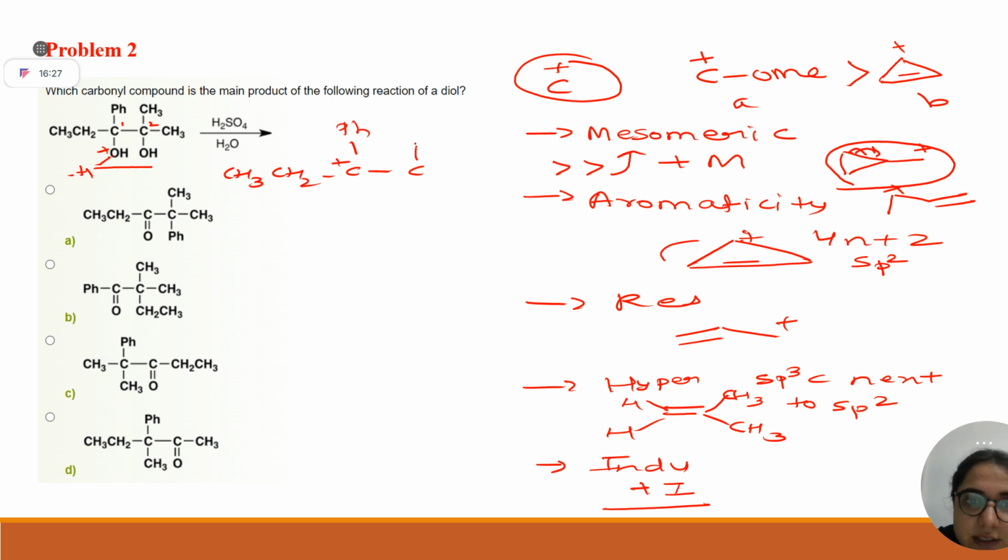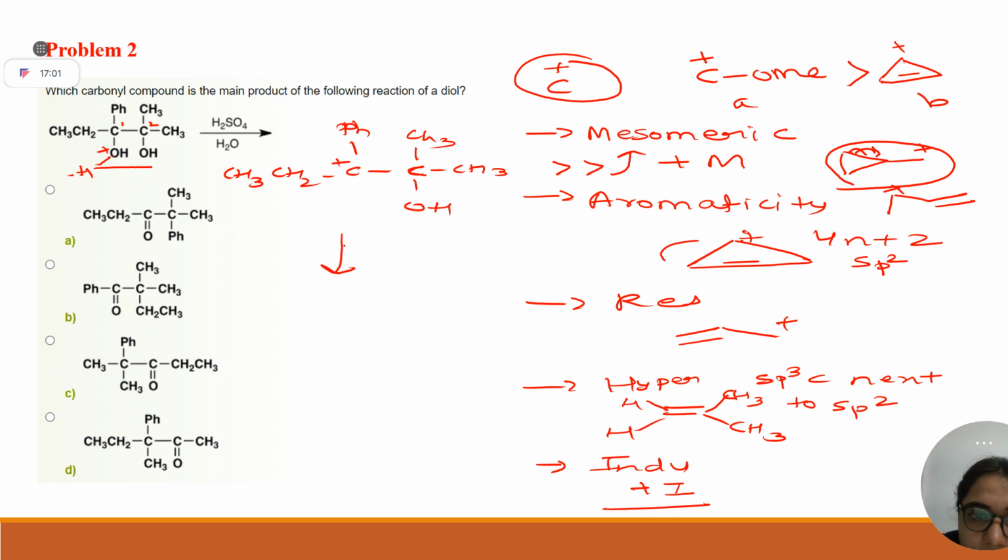Positive CH3. Now, as per the sequence we have just discussed, the most stabilizing factor is mesomeric, right? Right now it is resonance stabilized, but we can make this carbocation more stable, right? How? By making it mesomerically stabilized. So for this, if we somehow make the carbocation on this carbon, we will be done, right?